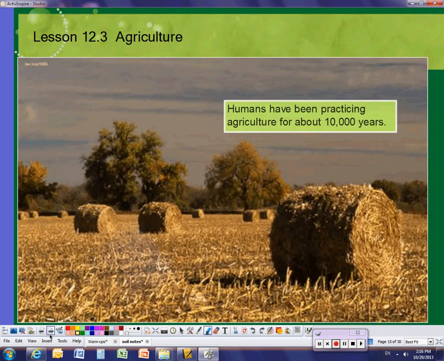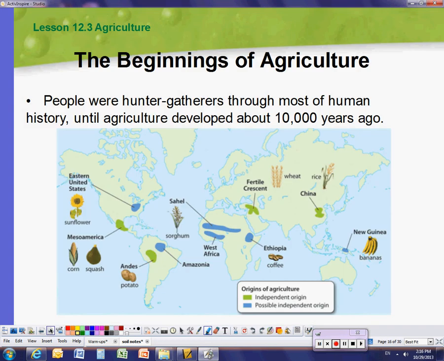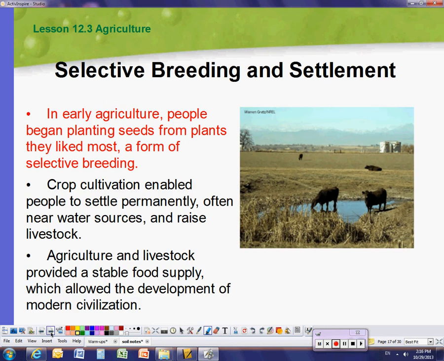All right, 12.3. This section is on agriculture, food. Now there are different types of agriculture. First of all, in early agriculture, we were selectively breeding and didn't know it. It happens naturally. It's when you eat an apple and it was a really good apple, like it tasted really good and it was big, so we would use those seeds to plant them again. So then we would grow trees that had apples similar to the ones we ate. That's selective breeding, when we choose what seeds we want to end up planting. People did that with corn from the very beginning. We wanted yellow, sweet corn.